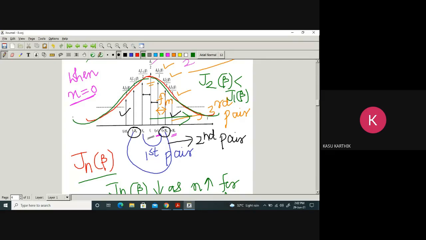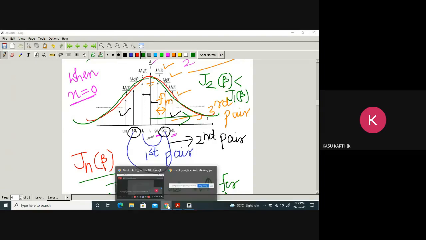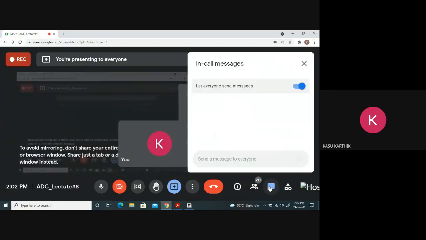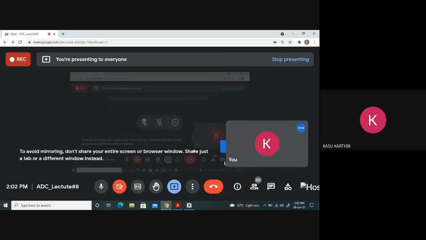That's why all sidebands do not have the same amplitude, but we have so many sidebands. How many? An infinite number of sidebands. So that is the spectrum of an FM signal for a single-tone message signal. Any doubts? Please ask me. You can message me at least. So that is about the spectrum of an FM signal.